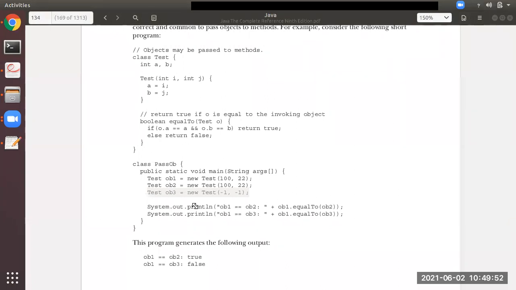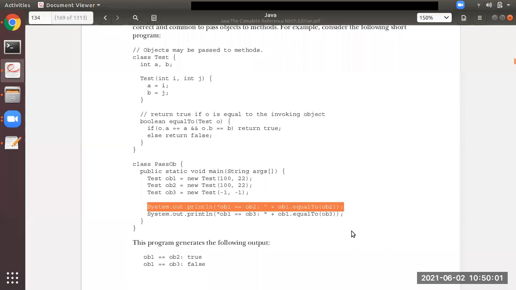Now, after this, it is printing some message over here. System.out.println, ob1 equals ob2. You can see as it is here. But how are we able to get true?